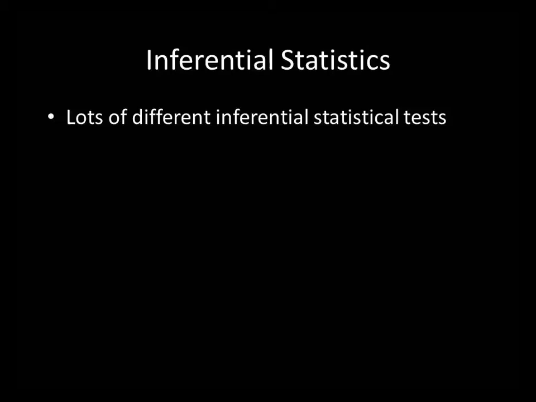Now, there are lots and lots of different types of inferential statistics tests. I'm not going to go into all of them here. Some of them include, and I'll use it in my example, the t-test. You can also look at correlation coefficients. You can look at the one-sample z-test. There are a whole host of inferential statistics that help us understand whether or not differences are big enough to claim that they aren't just due to chance, that our samples reflect the population.